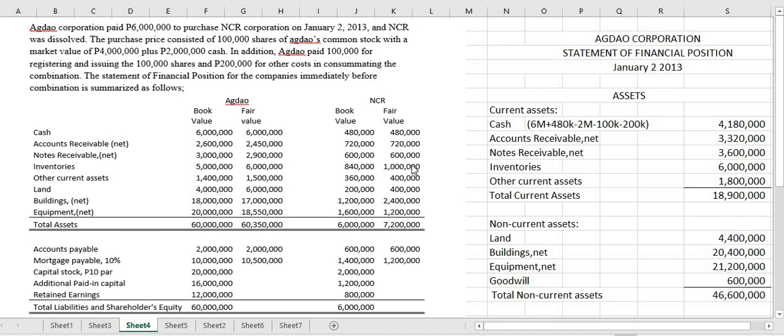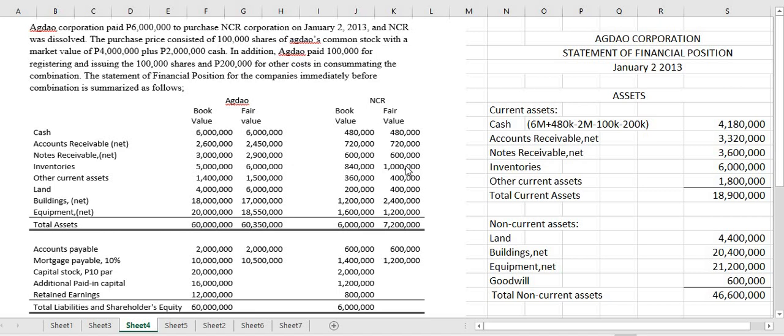But always take note that for the acquirer, which happens to be Agdao, and the acquiree, which is NCR, Agdao's is at book value,